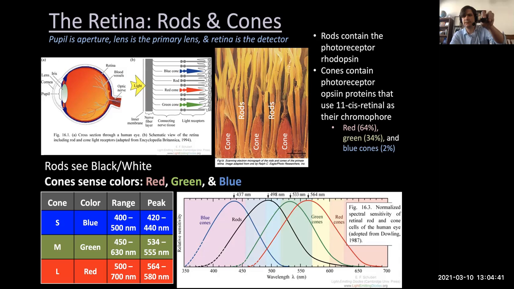So sensitive to, let's see if I can actually give you a green blast with a green laser pointer. So here is green. This is 532 nanometers. You can see right there. Do I dare? Yeah, so you can see the green right there. That's 532 nanometers. So right about here. And then we have the red, which is sensitive from about 500 to 700. So any photon that has a wavelength of 500 to 700 nanometers can react with the red cone, and your brain can sense that red color,